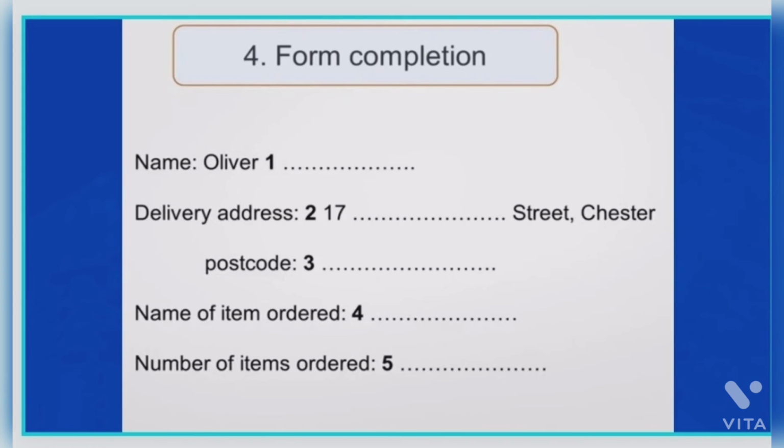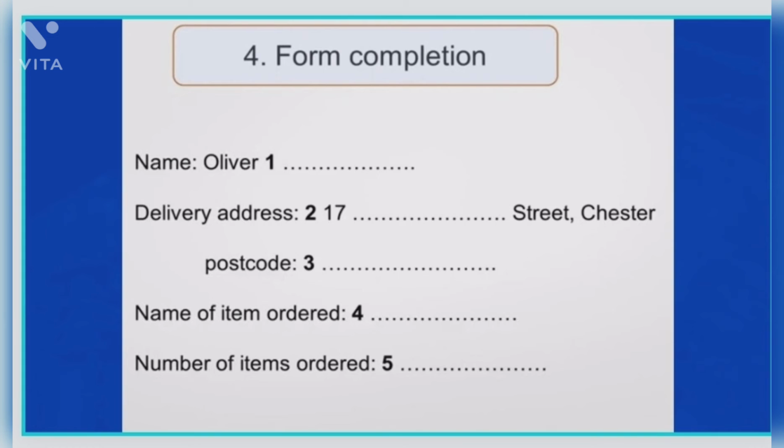Form completion. Form completion mostly comes up in part 1, and the conversation generally happens between 2 people. Here, the most common type is an application or an order form. It is generally easy to predict what information you will need to listen out for. In this sample question, for example, the answer will be a surname or a street name or a postcode, the type of items ordered and the number of how many items are ordered.